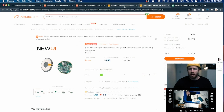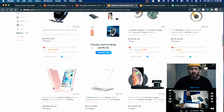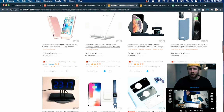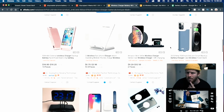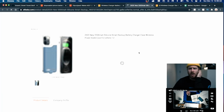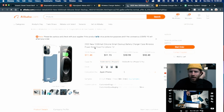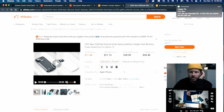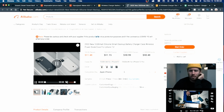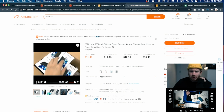The other thing, so this is kind of how I would do the wireless battery side, right? So we're pretty much just seeing wireless batteries when we scroll down this, or wireless chargers, I mean. Not really any batteries. Let's see. So this one is just a 55 milliamp hour battery. That's like 2 full charges of an iPhone, which is really cool to see because it's like, oh, okay, that's really small actually. That's a little bit smaller than what I was thinking. So this actually might be a decent option